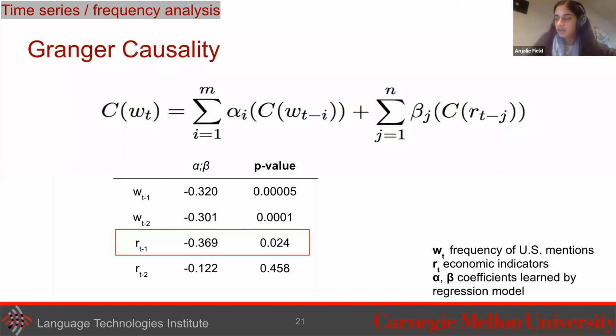So first we see the state of the economy go down, and then the next month we see the amount of coverage of the US going up. And this is just one example of a time series analysis. There are a lot of methods in time series analyses, mostly in other fields, that are often useful in this sort of social-oriented analysis, and where you can integrate more text models and text features into these time series analyses.